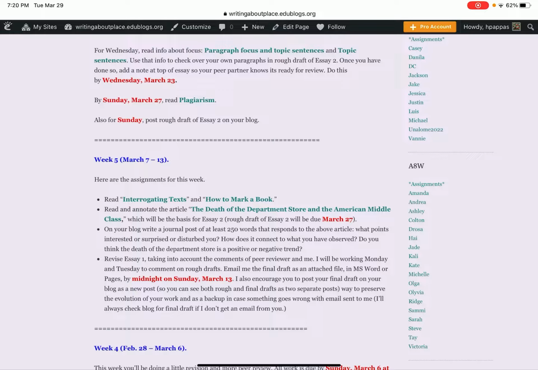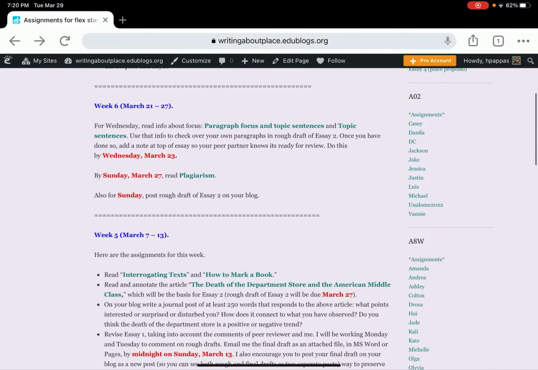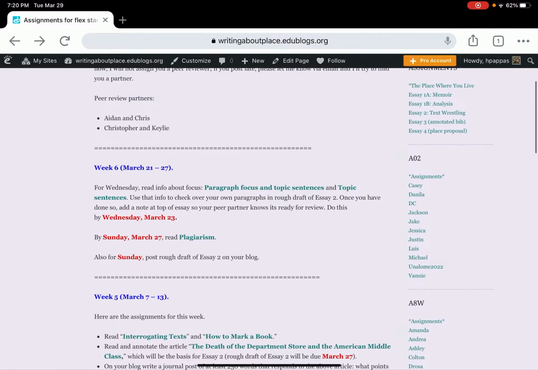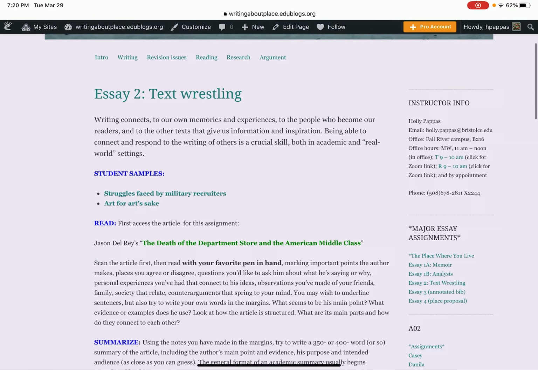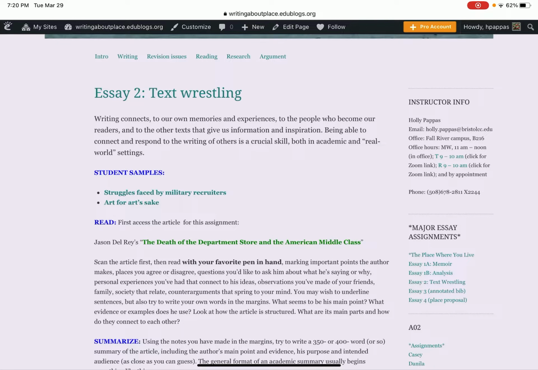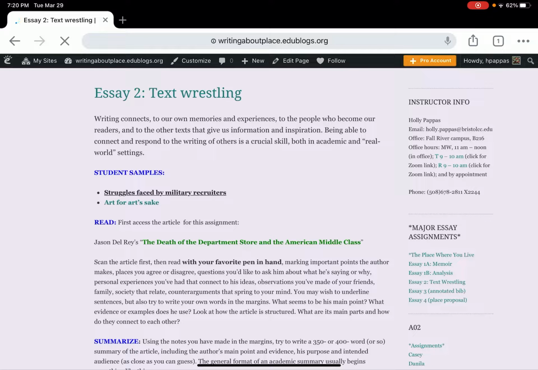And then you're supposed to do an essay that both summarizes that article and responds to it. Roughly half and half. You'll also need an introduction at the beginning of the essay to kind of set the context for the essay. So if you click here, there are a couple student samples that are well worth looking at. You can see in this one, for example,